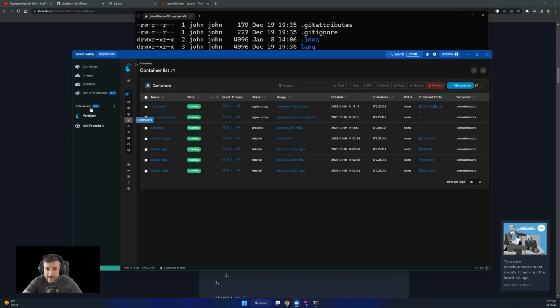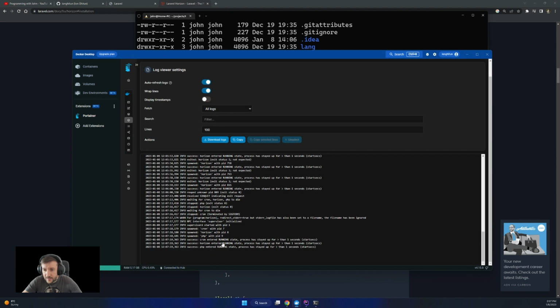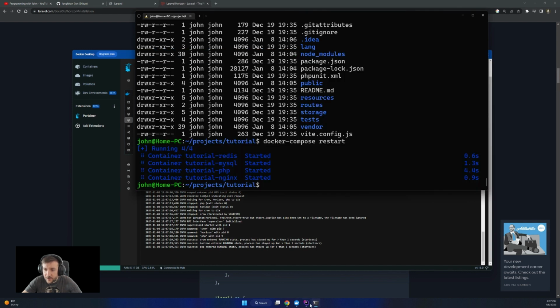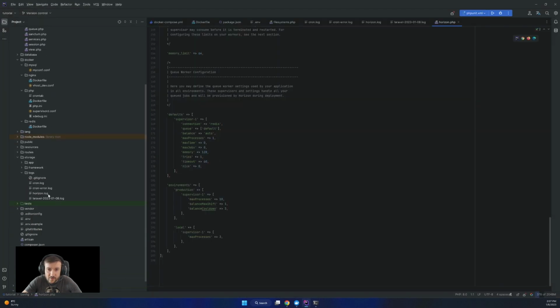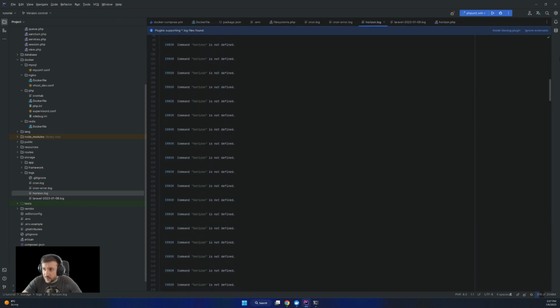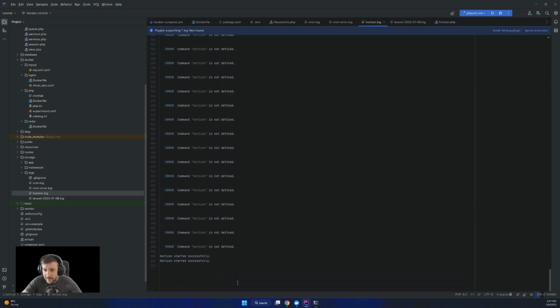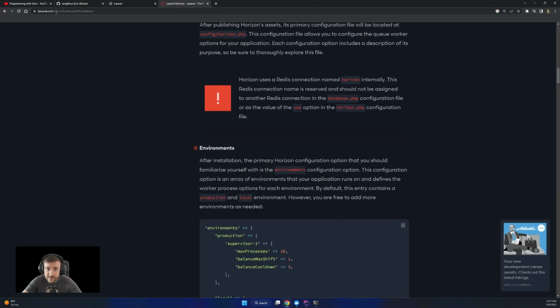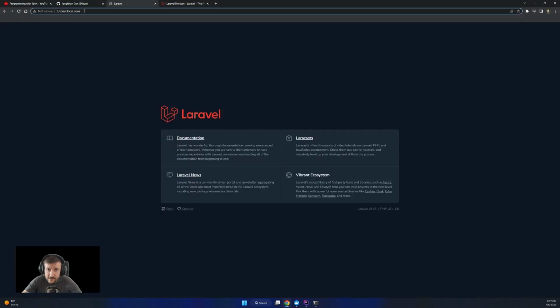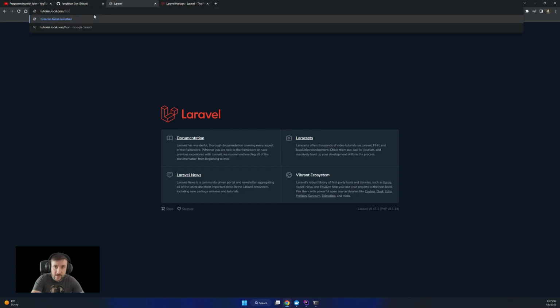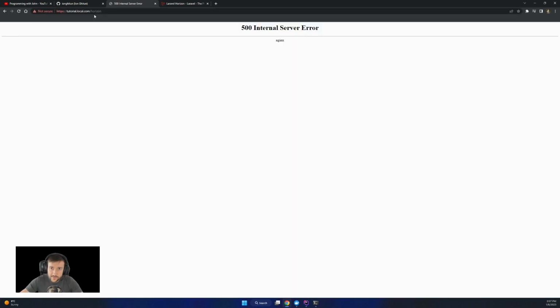If I go back in here, refresh the container list and look at the PHP Horizon container, it's in a running state, so we have Horizon running as well. If we go to the logs, the latest entry says Horizon started successfully, so it's up and running, and Horizon can be accessed by this URL.